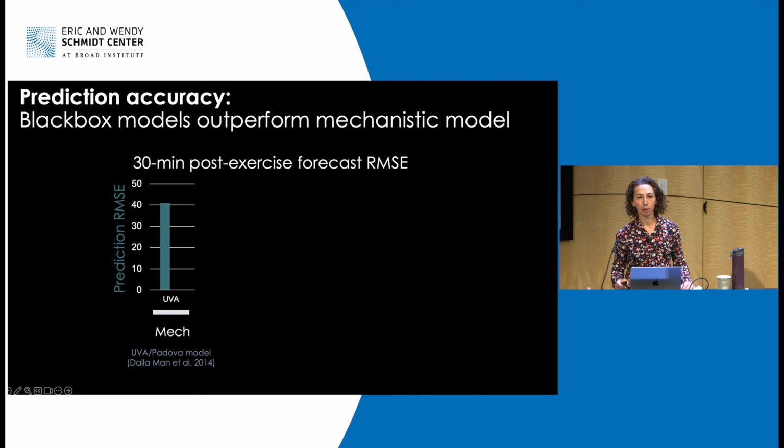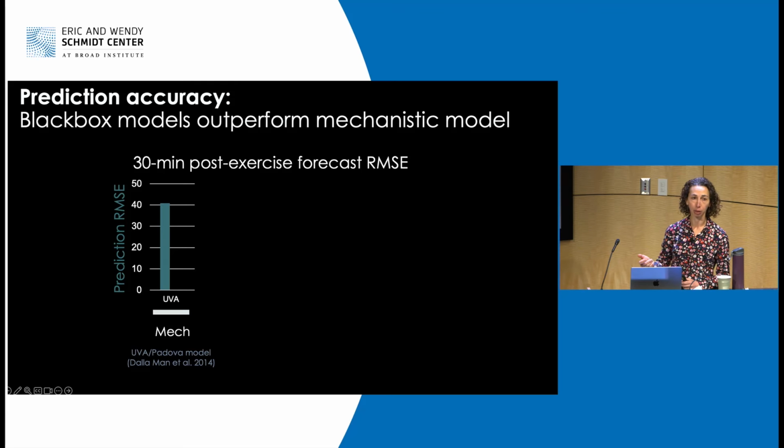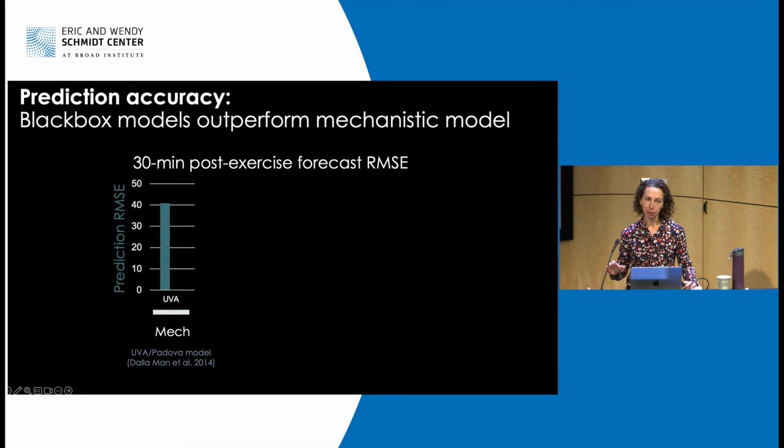Okay, so to think about the modeling choices we have here, let's assess our predictive performance in terms of just root mean squared error over the 30 minutes following exercise. One model we can look at for forming these forecasts is a mechanistic model. There's this popular UVA Padova simulator. It's FDA approved as a substitute for preclinical trials and the development of artificial pancreas algorithms. But it's a very rigid model and really struggles to model real CGM data well.